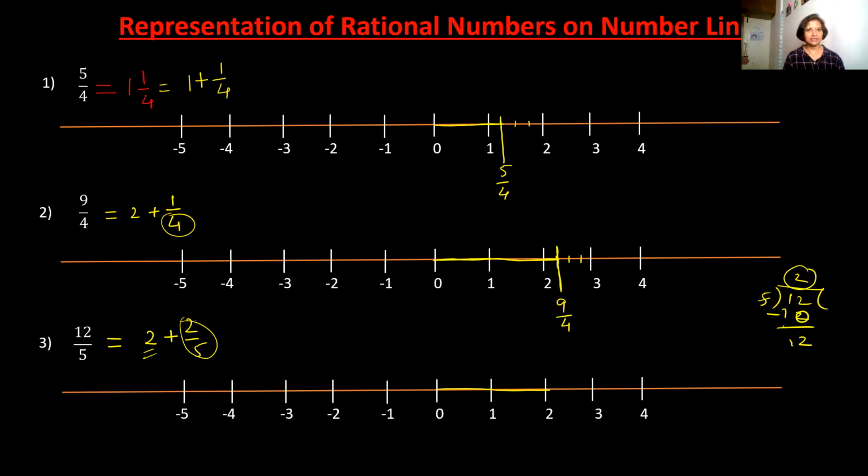Now here you have to check. Here it was 1 upon 4, means in the next section we divided into 4 parts. Now you have to divide here into 5 equal parts. So in the next section, after 2 whole numbers, we will divide it into 5 equal parts. 1, 2, 3 and 4, though it is not equal, but you can make it equal by using a scale. So it will be divided into 5 equal parts: 1, 2, 3, 4, 5, these are the 5 parts. Out of 5 equal parts you have to take 2 parts, so it will go till here, means this number will lie here on the number line.